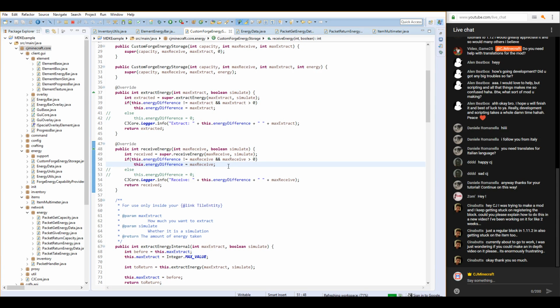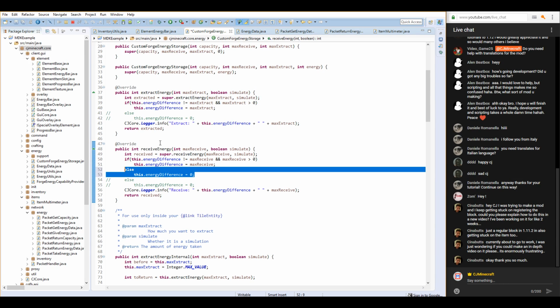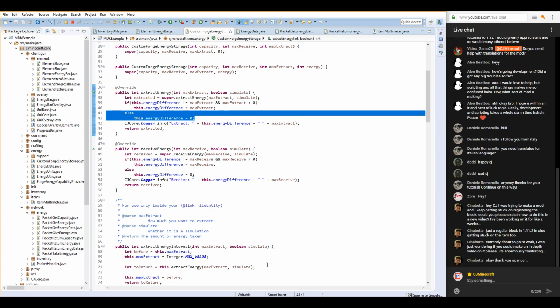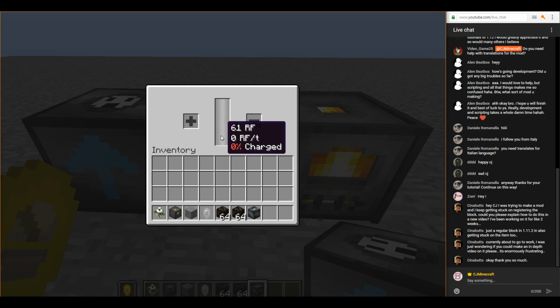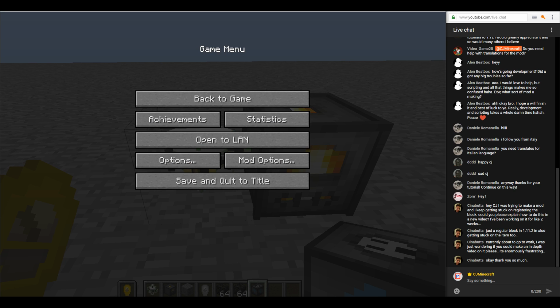If they are the same, then it'd be 0. The energy difference will be 0. Okay. Break you with 30 is because the